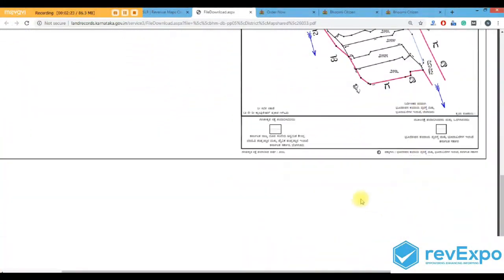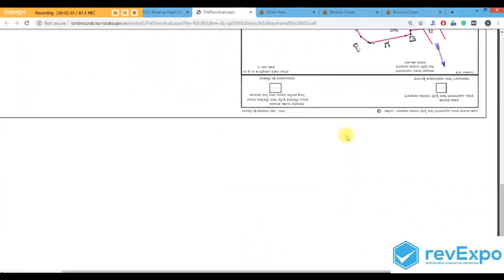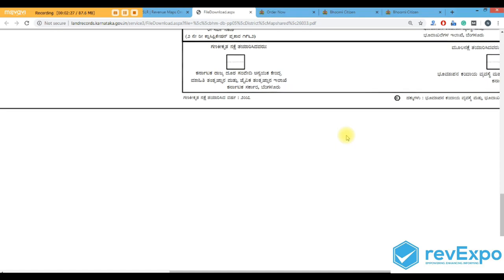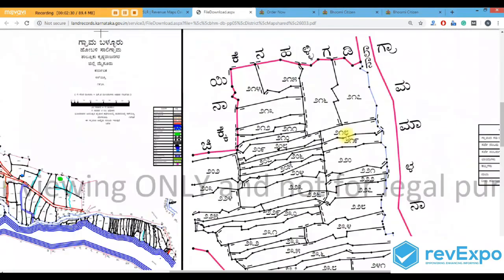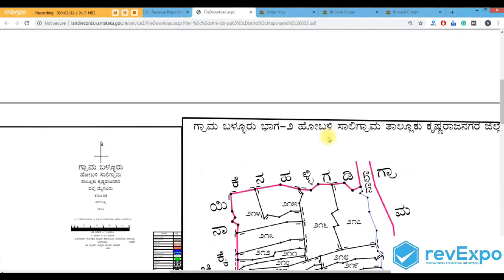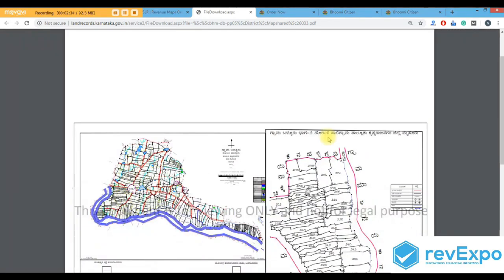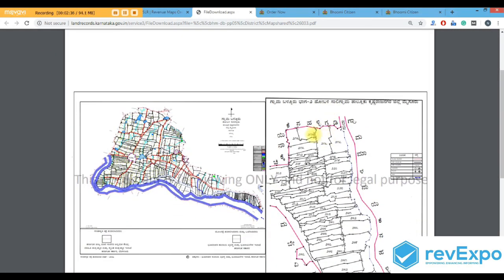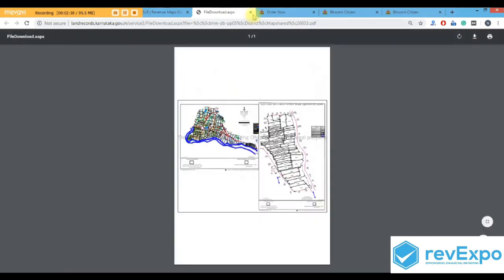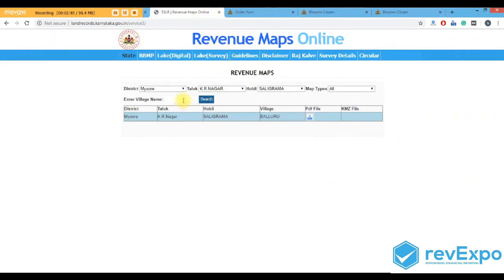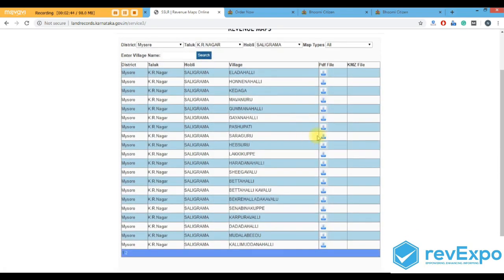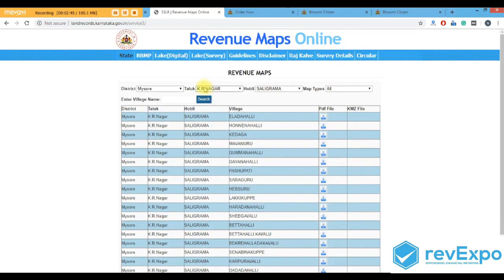So like this, each and every village is represented on the map, and all the land information is manually maintained in the lands department. So like this, you can search for all villages, and you can get maps from over here.